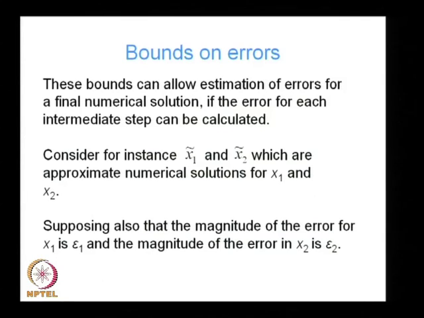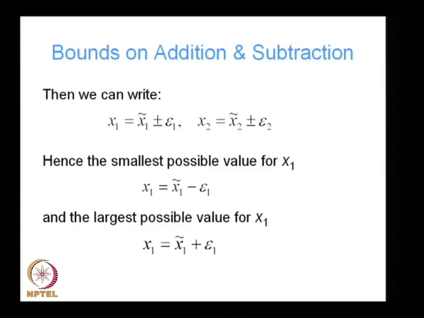Now, knowing those two values, we can write x1 is equal to x1 tilde plus minus epsilon 1 and x2 is equal to x2 tilde plus minus epsilon 2. That is, x1 can be